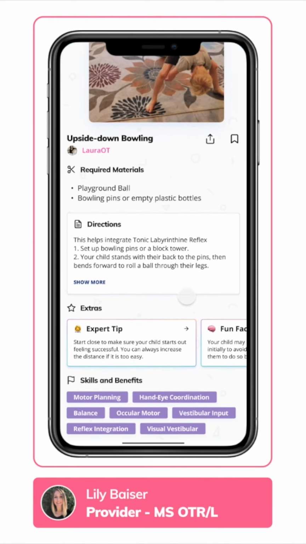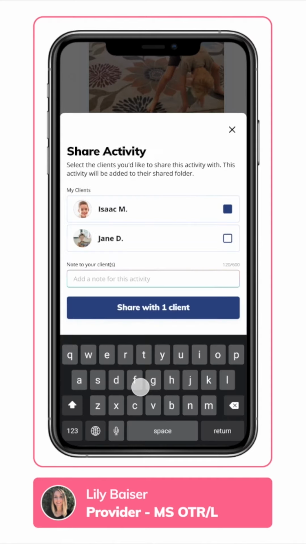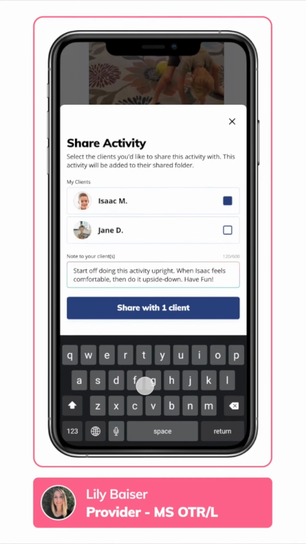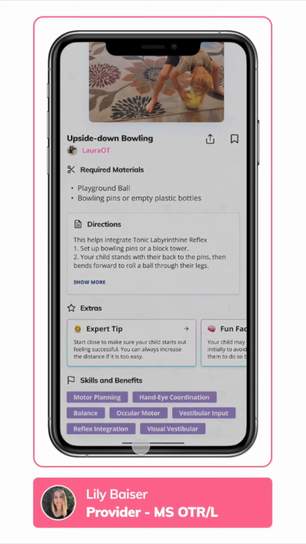I'm going to go ahead and share this with his caregivers by clicking on the share button. At this time, I have an opportunity to add a note to make it the most successful experience for Isaac. I know Isaac has difficulty with his head in an inverted position, so I'm going to remind his caregivers that it's okay to start this activity in an upright position and work up to it. As you can see, in just seconds during the session, we together curated an activity for Isaac and personalized it